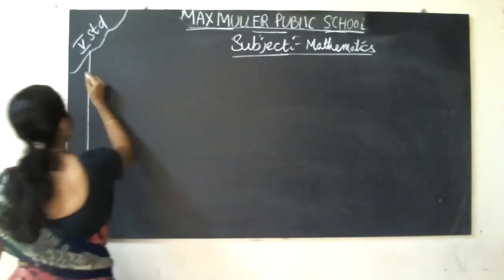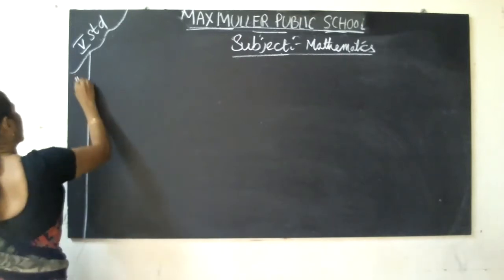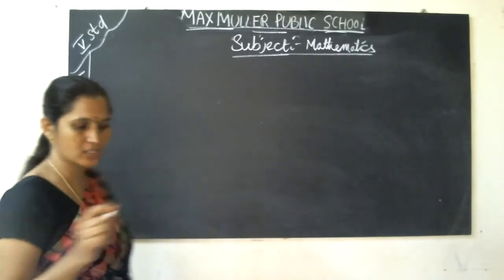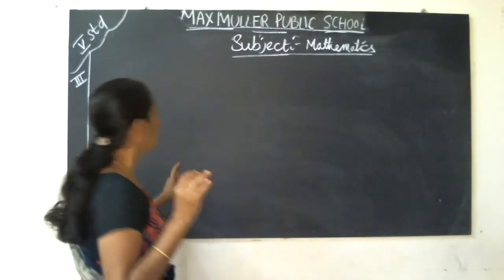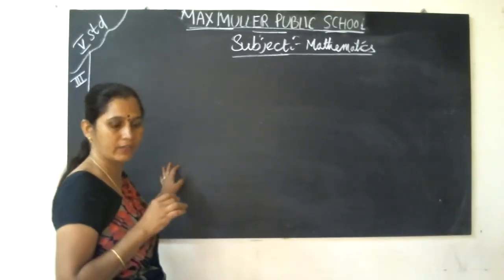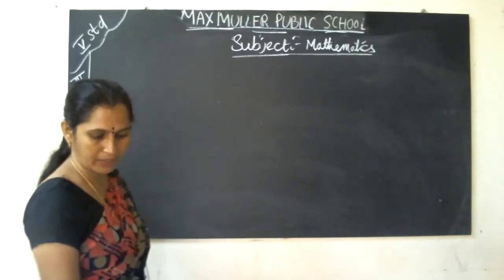In the previous class, I gave the pattern. Now I am going to do the revision. First main is fill in the blanks, which we have to refer from the worksheet. And second main, compare the following, also you have to refer from the worksheet. Next, third main. I am going to give the third main now.